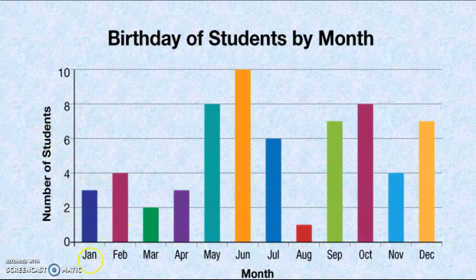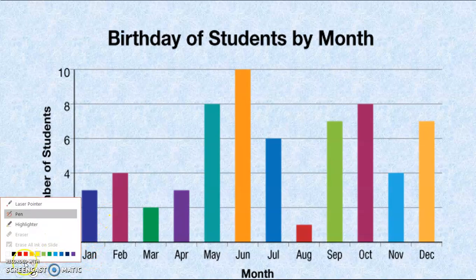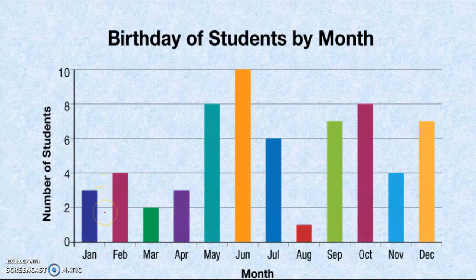We can understand with the help of this graph. This is a bar graph where the birthdays of students are represented. We can see with the help of this graph that in the month of January, these are the number of students whose birthdays are in January, then in February. So this is the data of the number of students whose birthdays are in the respective month. This data is represented by a bar graph. I think you have seen such types of graphs either in a newspaper or magazine.